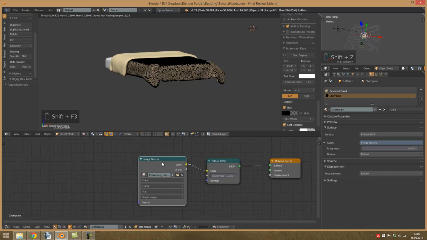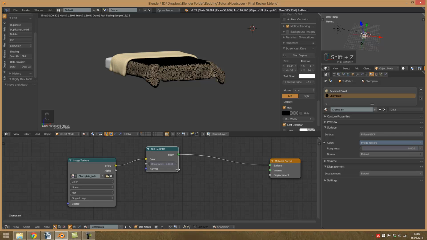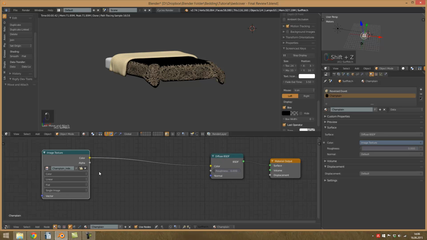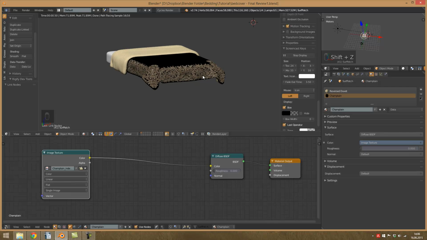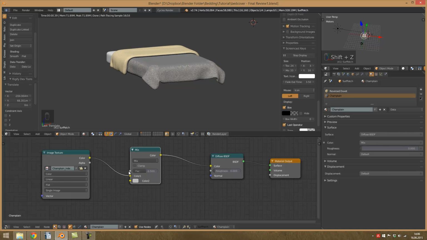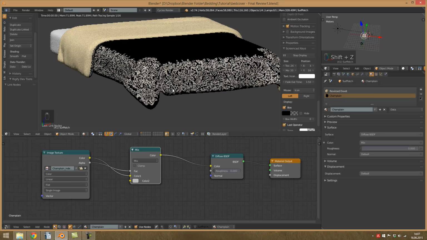I will show you some more advanced options of how to set up the material. So because we have an alpha texture, we can use that alpha channel again to define which area will be our diffuse color or the main color, and which will have the texture, the design applied to it. For that, we take color mix RGB as we took before. So the color input goes into color 1, and the alpha is the trigger of whether to use color 2 or color 1. So as we see right now,